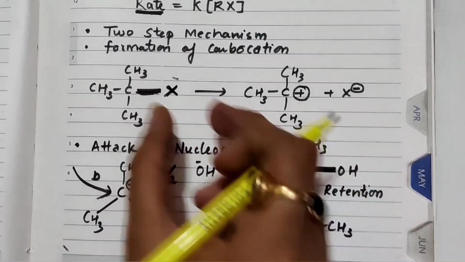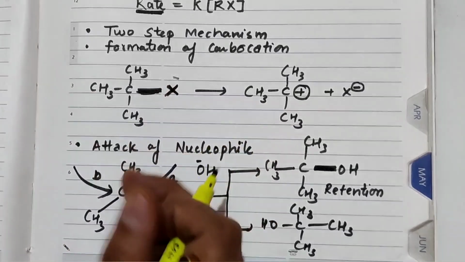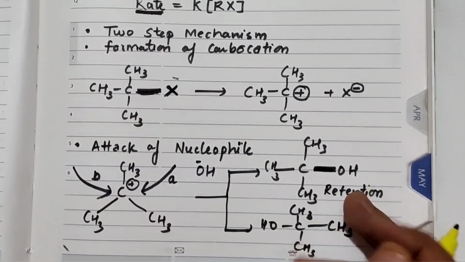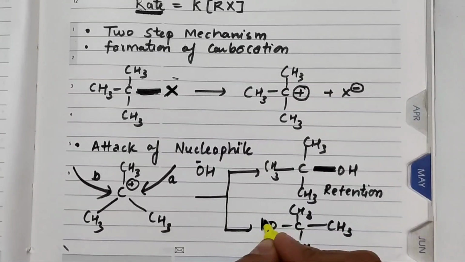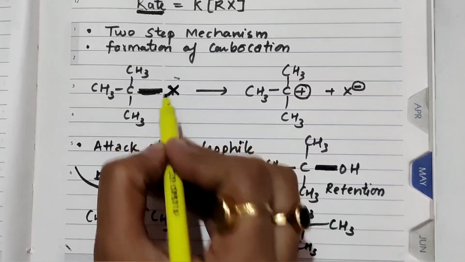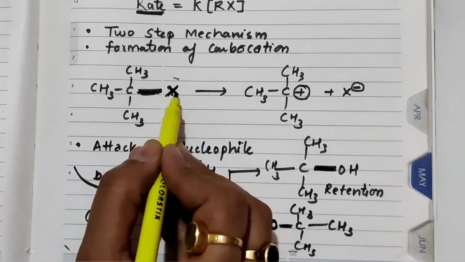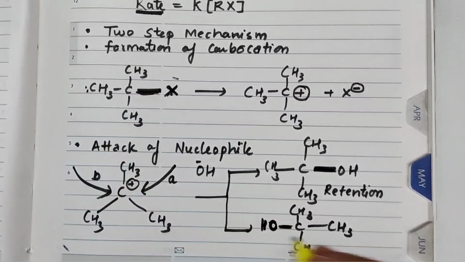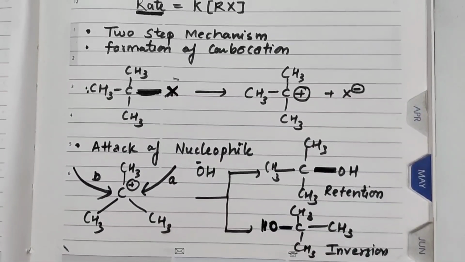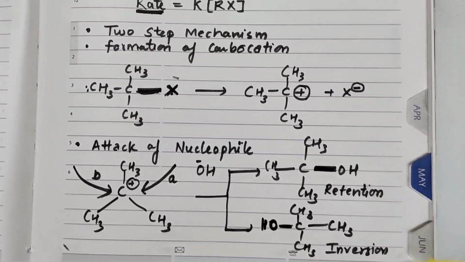रिटेंशन मतलब वैसे का वैसे रहना जैसा कि रिएक्टेंट में था. So it is a retention of configuration, whereas in this case it is just the reverse. OH is on just the other side of this part. यहाँ X है but product में OH just opposite to this X. So we can say here inversion takes place. So now we are getting two types of product.